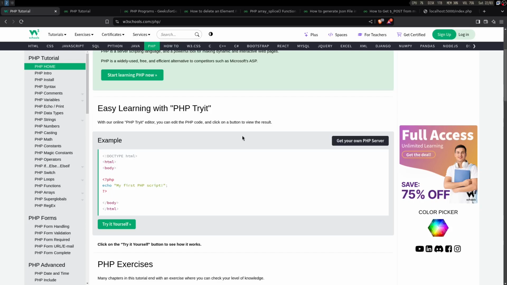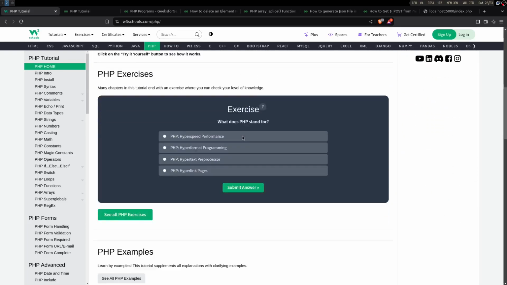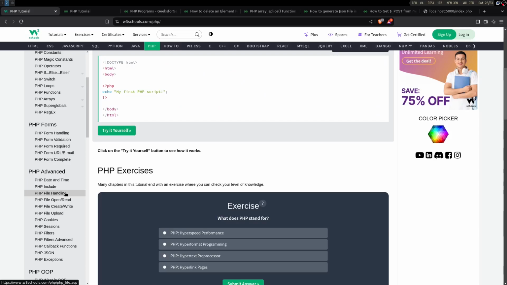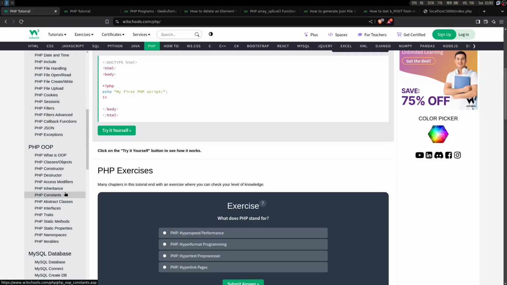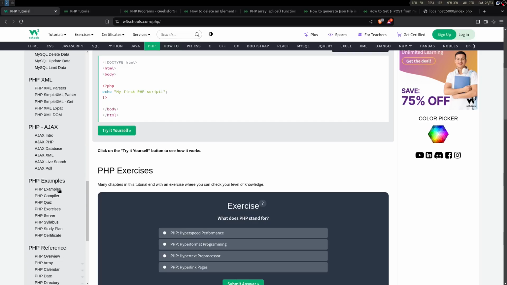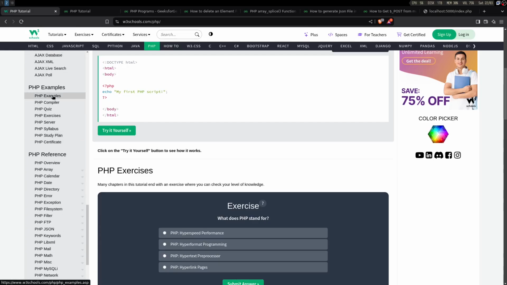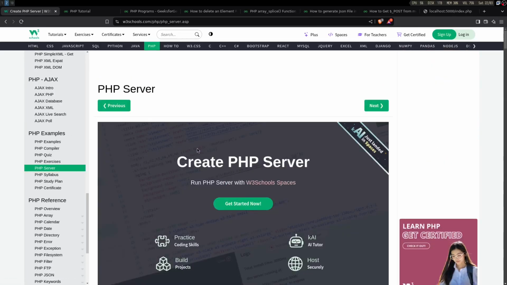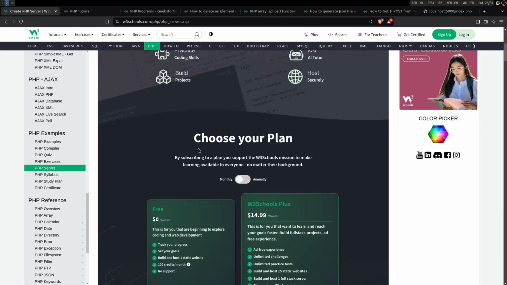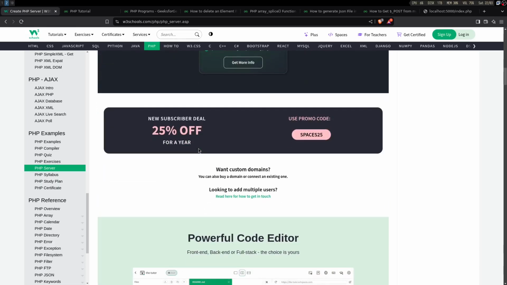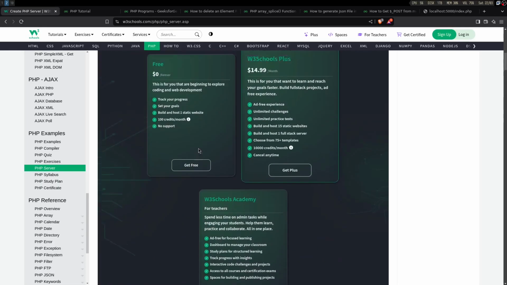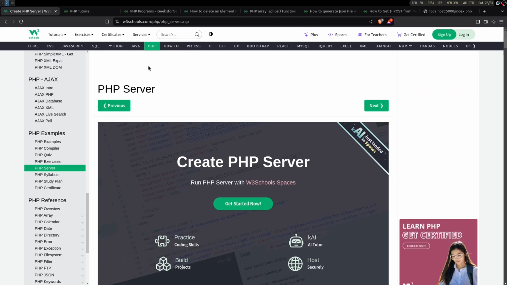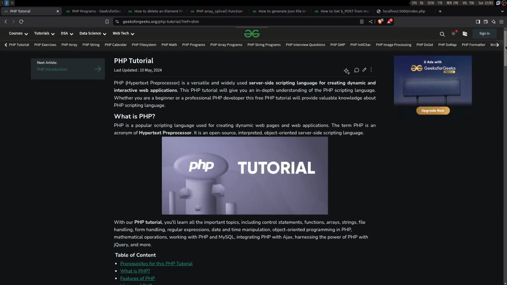Oh wait, it's the same thing. What the actual fuck? Is it really the same thing? No, it's not. Okay. But yeah. Oh, it has more stuff. PHP server. Wait, I have to pay? What happened to W3 schools? Okay, whatever. Geeks for Geeks confirmed better than W3 schools. So yeah, it's weird. Why is it paid? Anyway,